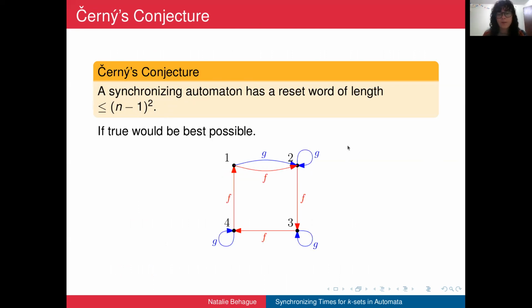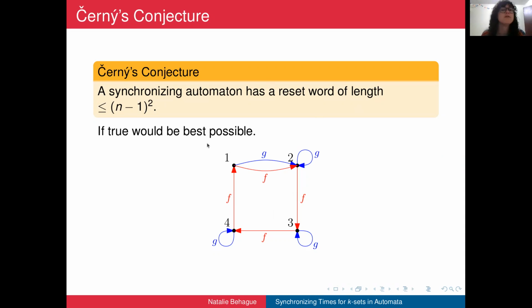So going back to our example from before, this wasn't just a randomly chosen example. It was actually sometimes called Cerny's automaton or the standard automaton. This automaton has 4 states, so n is 4 here, and I told you before that we had a synchronizing word, GFFFGFFFG, and you can see that has length 9. It's got 9 letters, and that's the same as (4 minus 1) squared. So that shows that the conjecture would be best possible in the case of n equals 4,